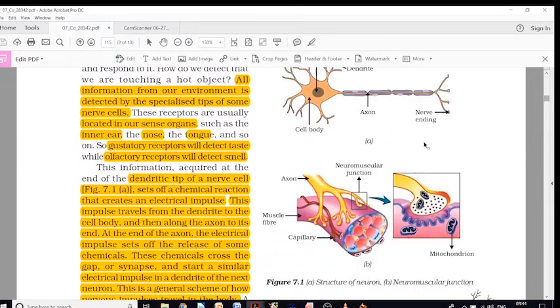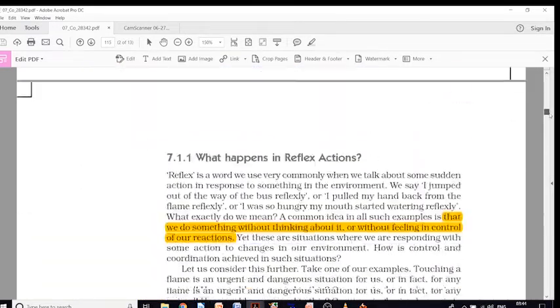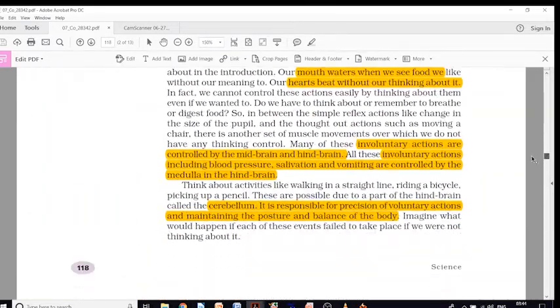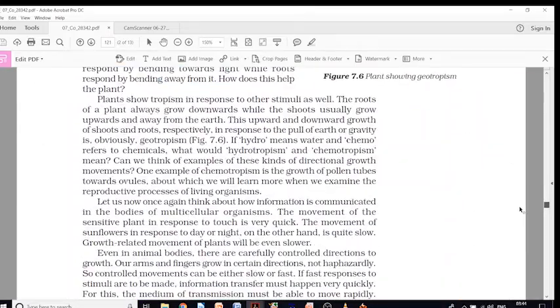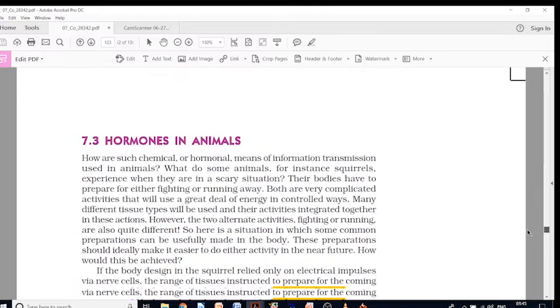Yeah, so the nerve was sitting just on the muscle fiber and it is not entering the cells. So in case of hormonal control, the hormones are reaching each and every cell of the body. So that is why hormonal control is very good. Another important point written in our NCERT books